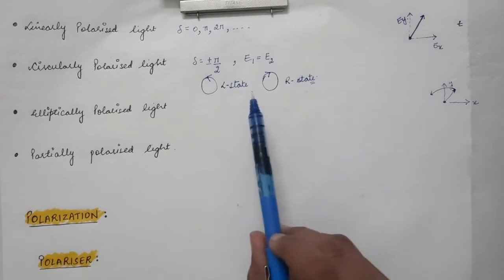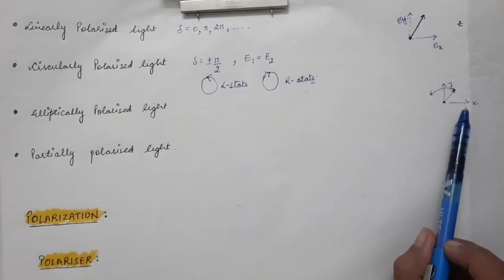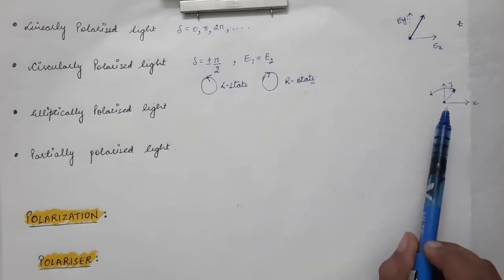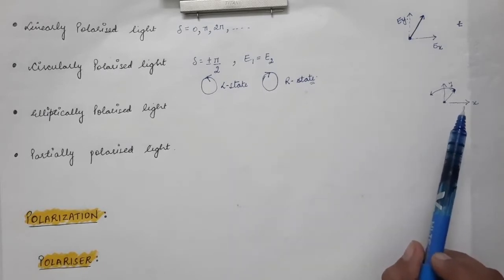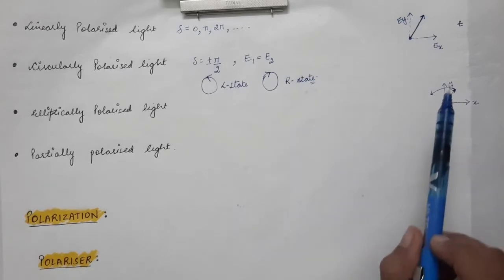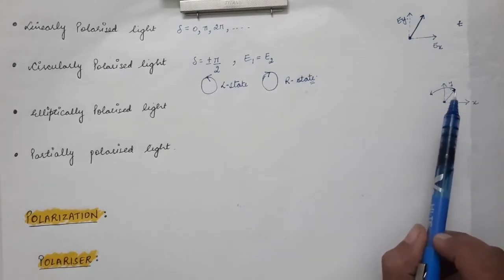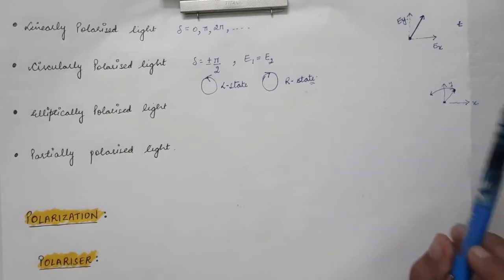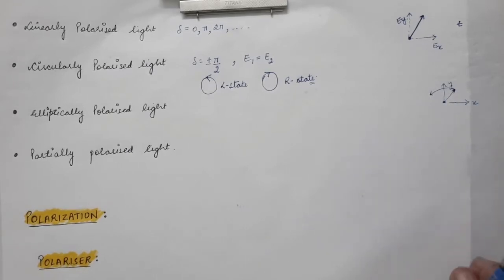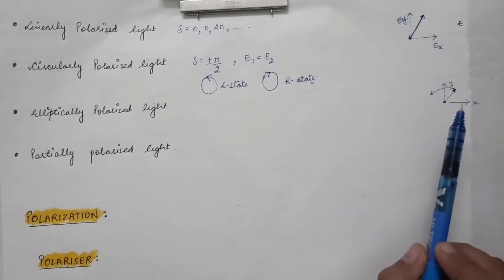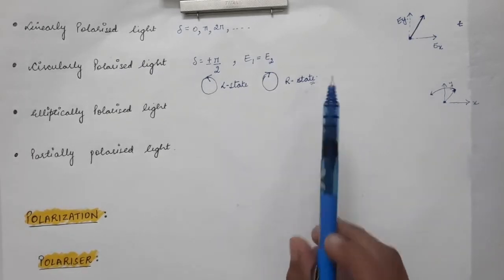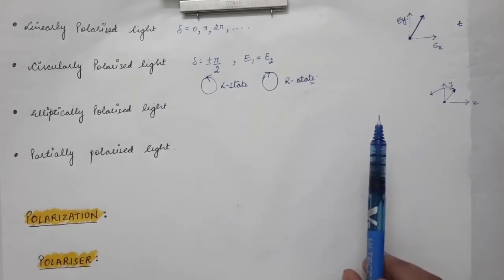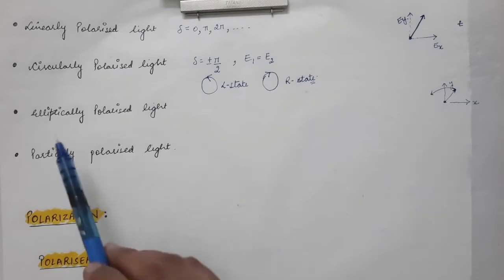For example, if you are viewing this EM wave from the point of view of a receiver, then throughout the experiment you have to take the point of view of the receiver only. If you are viewing it from the point of view of a source, then you have to take it from the point of view of the source throughout the experiment, and do not change the point of view, because as you change your point of view, the state of polarization will become opposite. Therefore you have to take one convention only throughout the experiment.